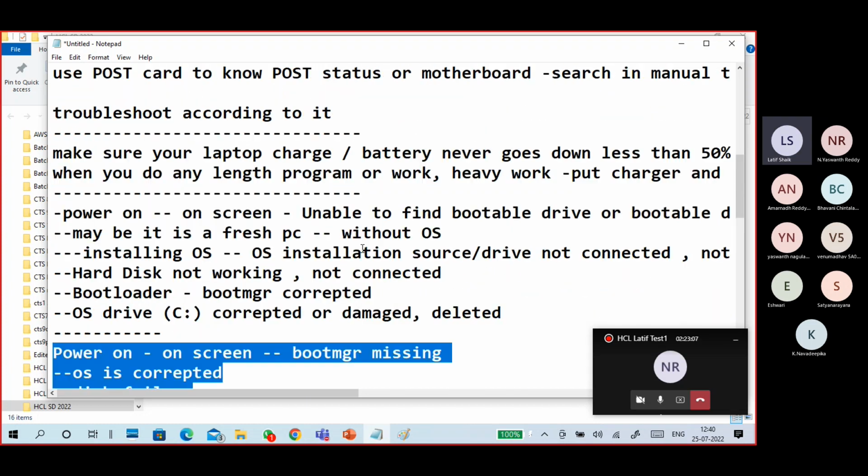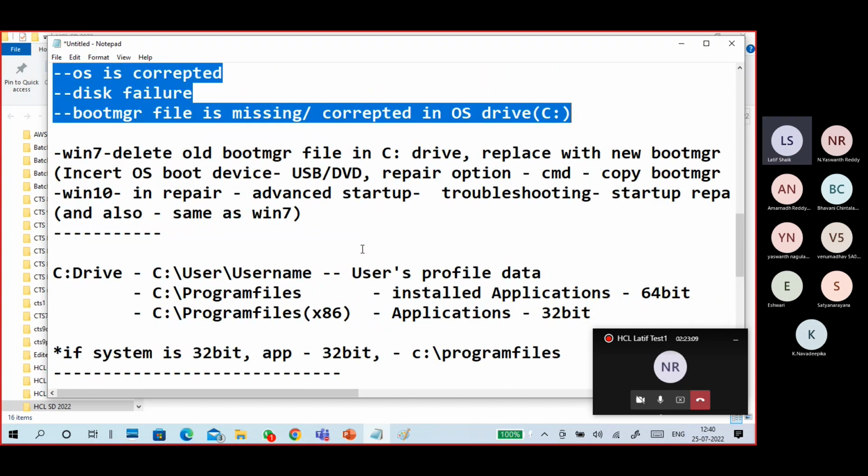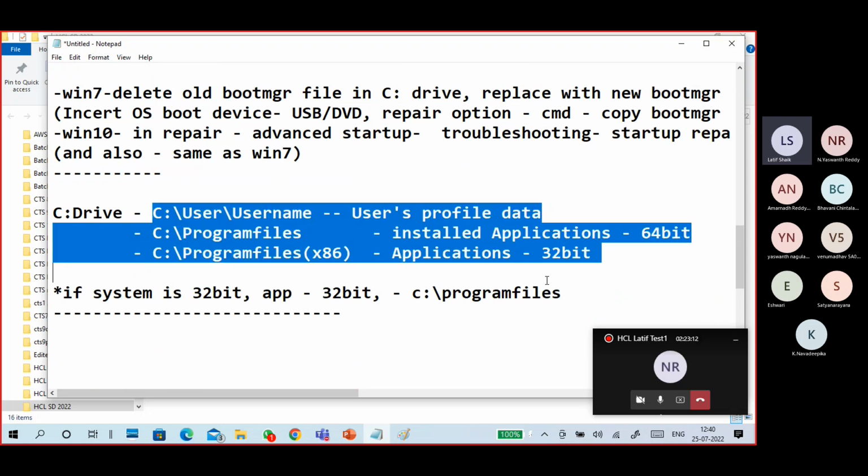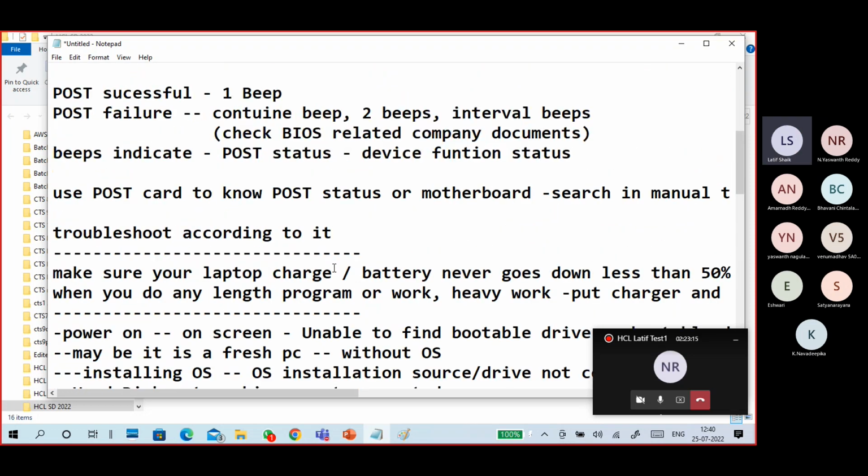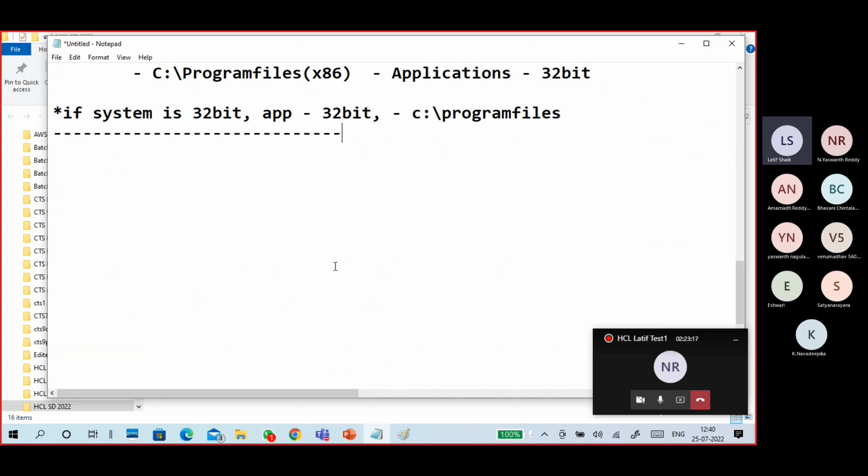Okay, guys, this is a point again. This is also very good. C drive contains things. Yeah, system is on now. Problem solved. The first is power connection. Guys, why am I telling you like this? In case your screen is showing that a bootable file or bootable drive is missing, unable to find bootable file, or bootmgr missing,